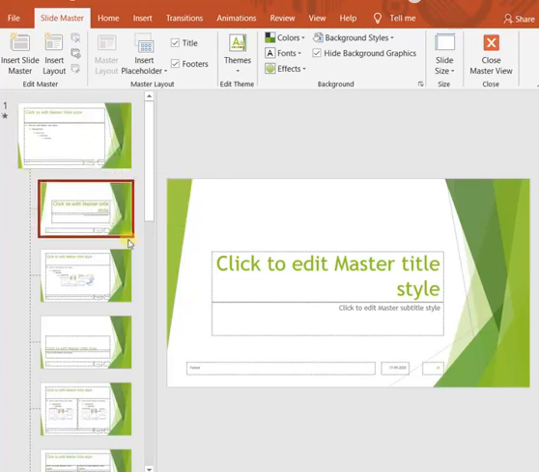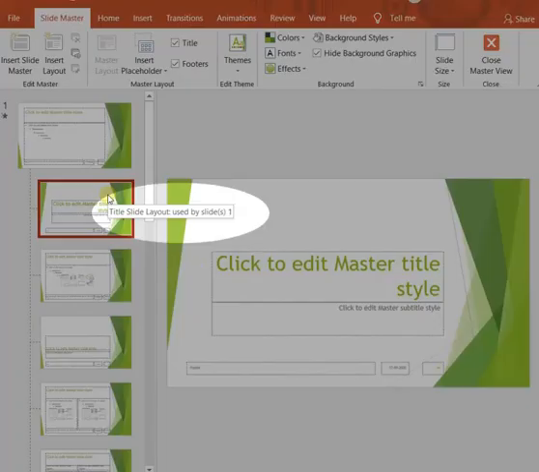But this one is highlighted in rectangular black color. When you hover over it, you'll see that it is written that it is used by slide 1. That means in our presentation the first slide is using this layout.